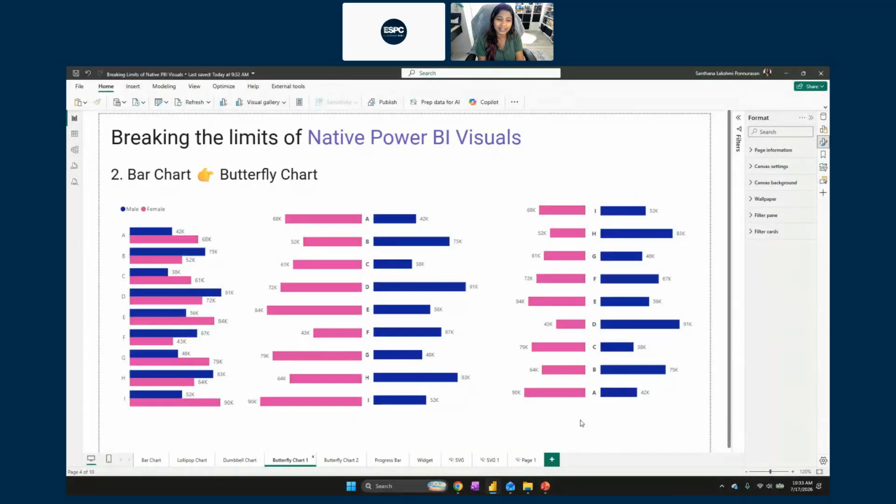For this particular data set, the percentages didn't look really good and I wanted all of you to have a clear look. That's why I went with values. Another thing that you could do is actually add in data labels. That way people are going to know that this is the starting point and this is the ending point. Hope that answers your question, Kurt.